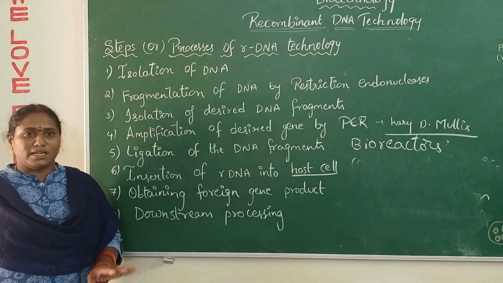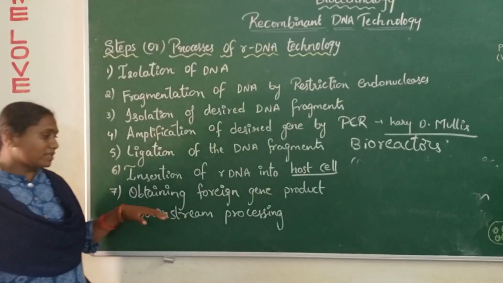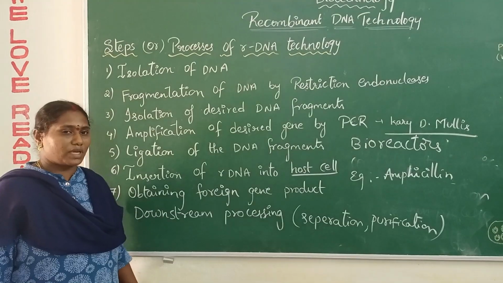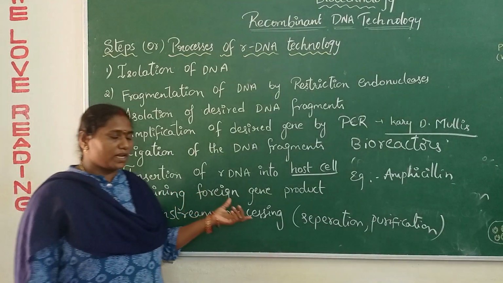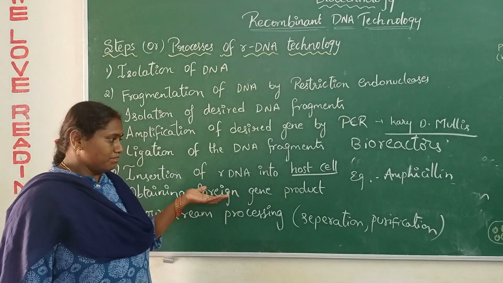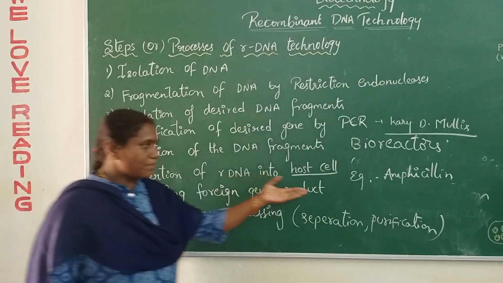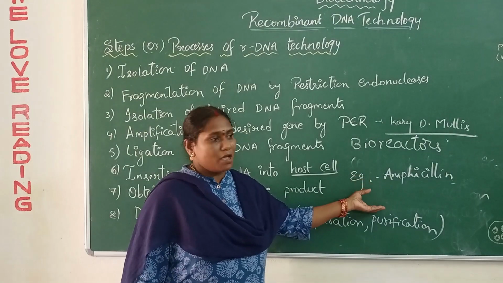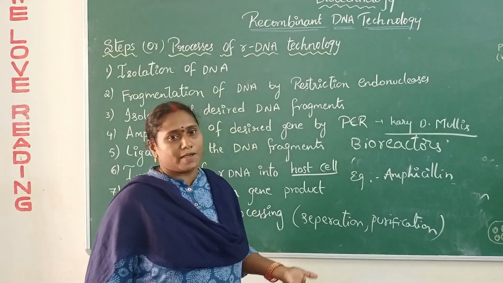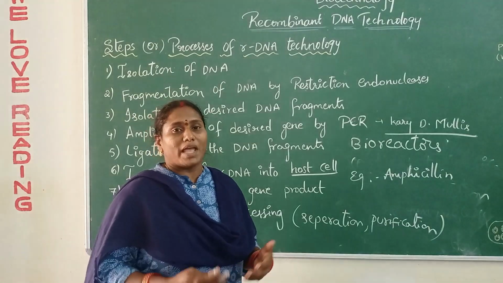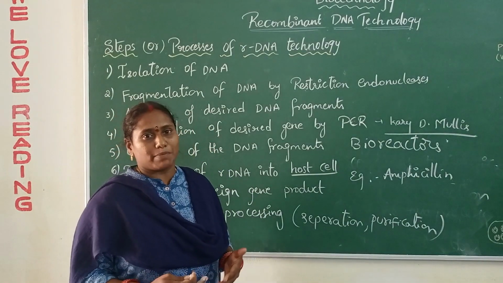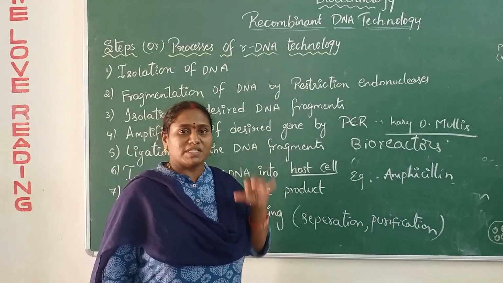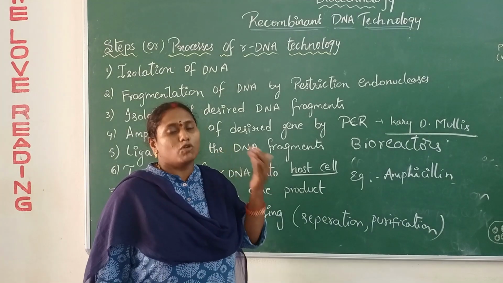E. coli is a very important thing which plays a very important role in producing. As I said before, obtaining the foreign gene product, we are adding the desired gene into an E. coli bacteria. For example, we are taking ampicillin. This is one of the plasmid vector or recombinant DNA molecule. When this ampicillin is placed in an E. coli bacteria, it multiplies very rapidly and undergoes several cell divisions and produces a large scale of ampicillin embedded E. coli. What do you mean by ampicillin embedded E. coli? It means recombinant E. coli will be produced.